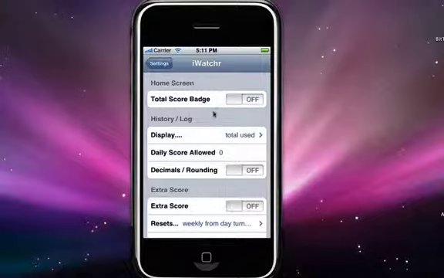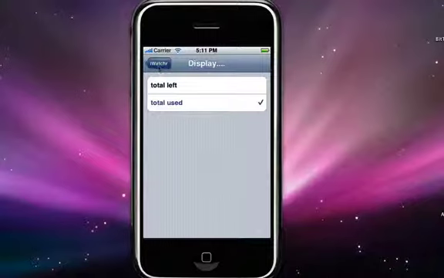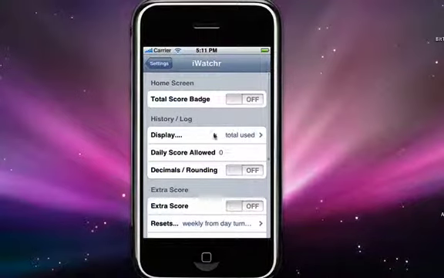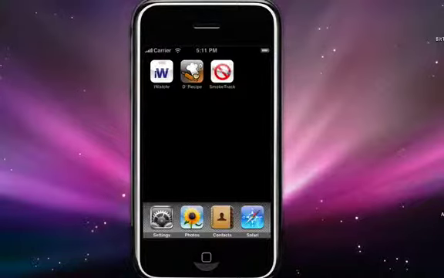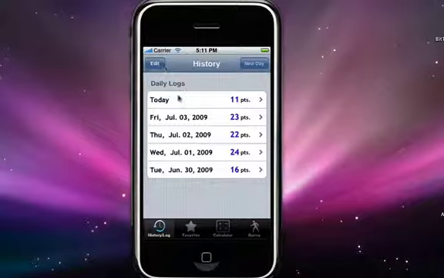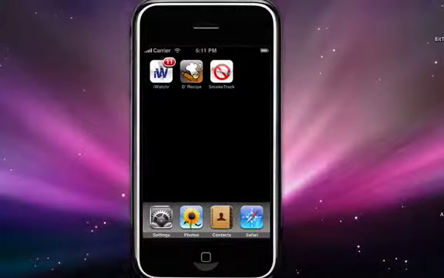This can display points used or points remaining depending on what you have this set to here in display. So right now we have it set to total used. Let's turn that screen on. Let's exit out of that, open up iWatchr. You'll see we have a today log with 11 points. Now when we leave our application, the icon on the home screen will display how many points we've had used